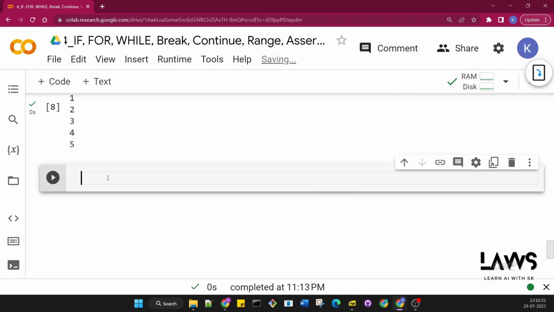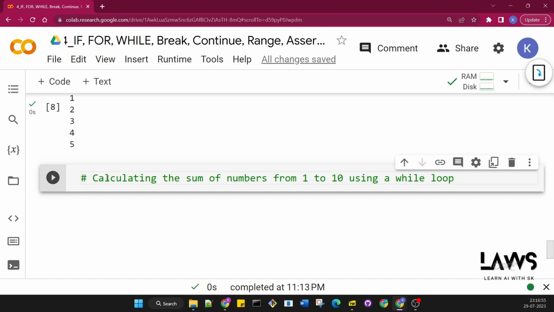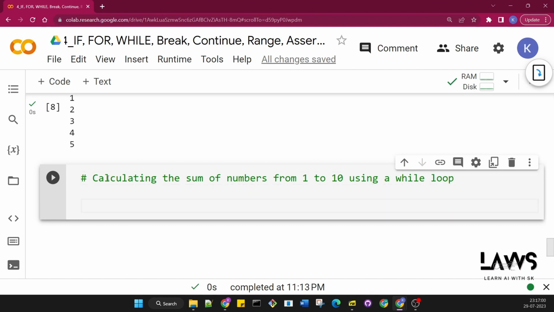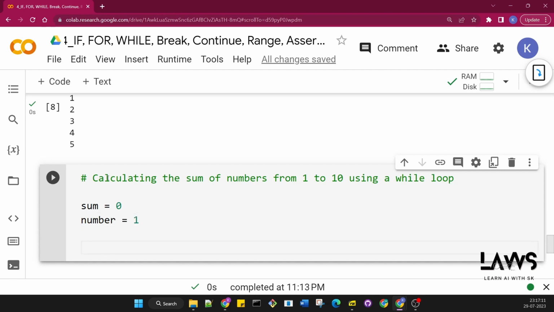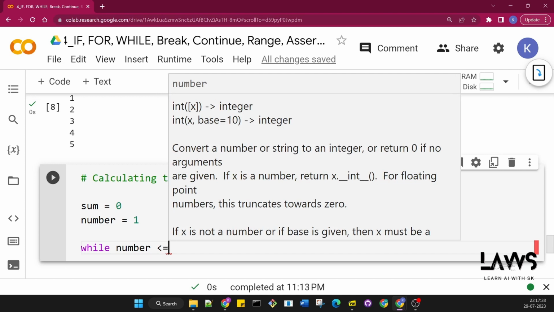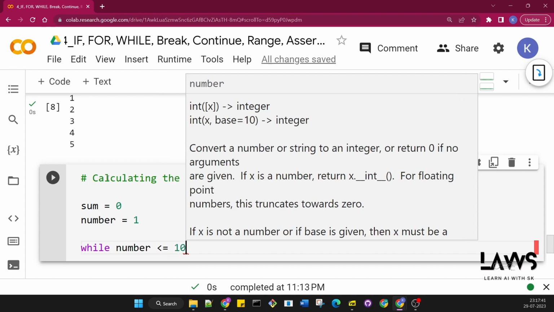I'm creating a new cell. Here we are going to see one more example. My task is to calculate the sum of numbers from 1 to 10 using a while loop. So how can we solve this? For that, first I'm going to initialize the variable sum is equal to 0, then one more variable, number is equal to 1. This is the stage where I'm doing my initialization. Okay, now I'm going to write my while condition following the syntax: while keyword, space, my variable name, writing the condition less than or equal to 10